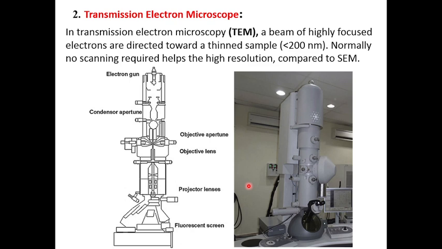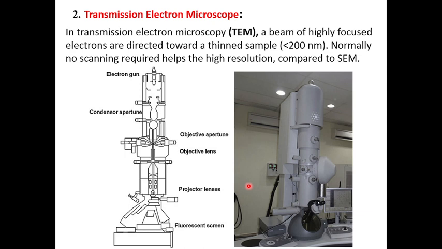Then, in order to overcome the limitation of SEM, that is the scanning electron microscope, the next advanced version of the electron microscope is called the transmission electron microscope. This is the most sophisticated instrument, and it also overcomes the difficulties that arise in the SEM. This is called TEM. A beam of highly focused electrons is directed toward a thin film of sample, and normally no scanning is required